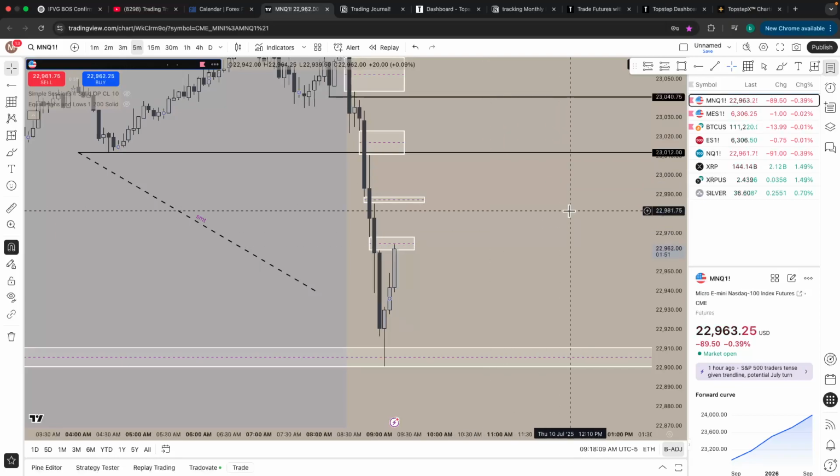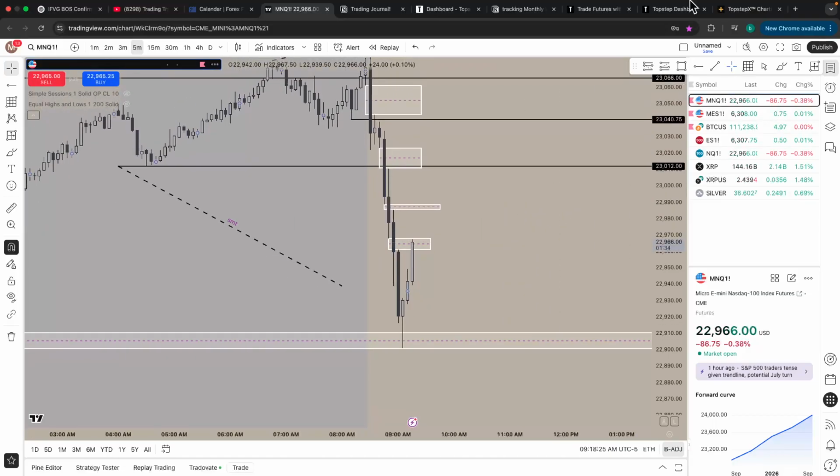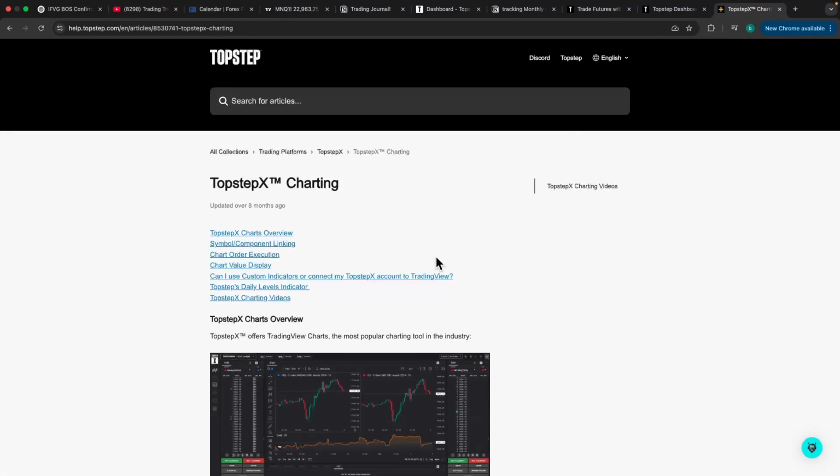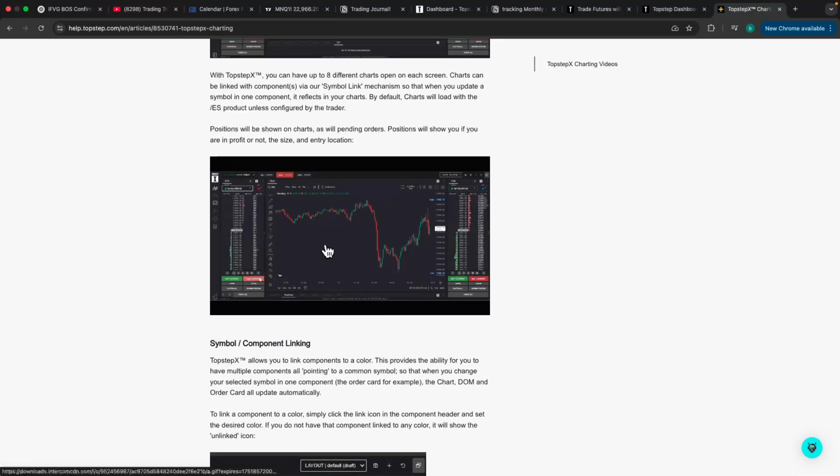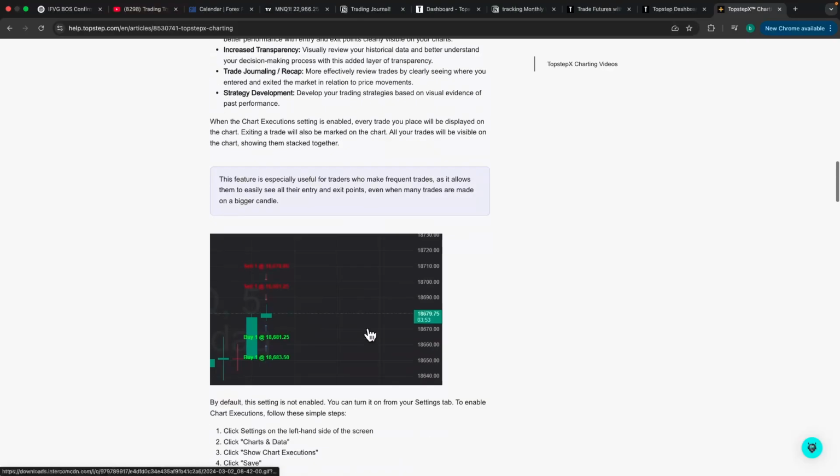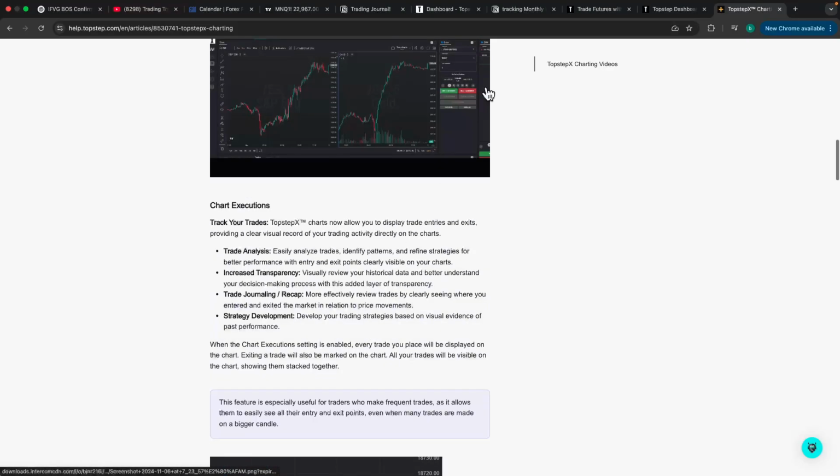Who's texting me? This dude in Discord posted, no trades taken today, had a crazy dump with no retrace, and Project X, Alpha Ticks, and TopStepX were down. I don't have TopStepX, but I'm going to be switching over to it sooner than later. That's why I have this up. Looks pretty clean, though. I kind of like how it's set up, but it'll definitely take some getting used to.